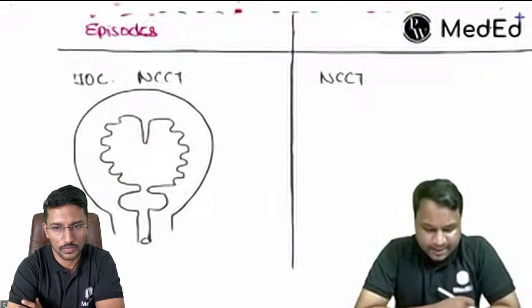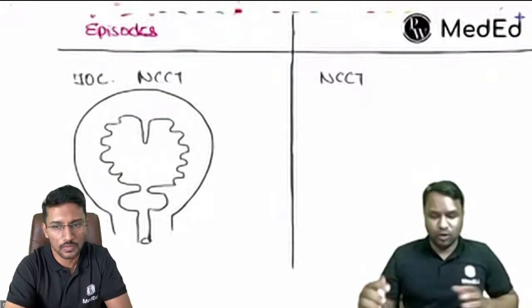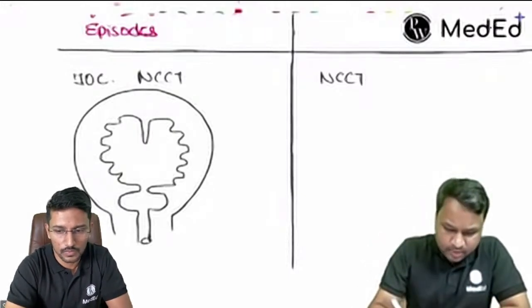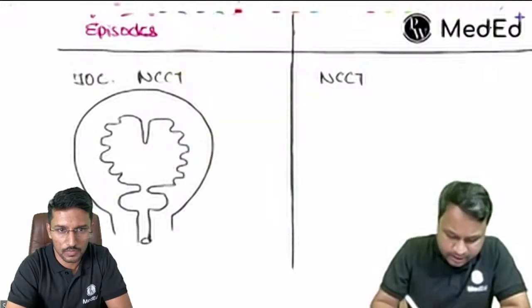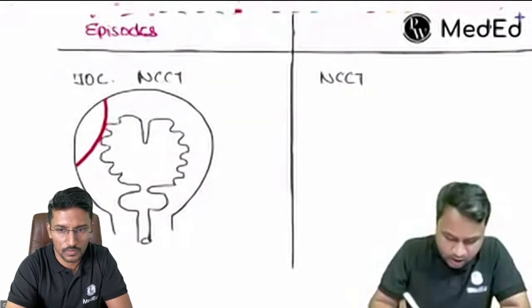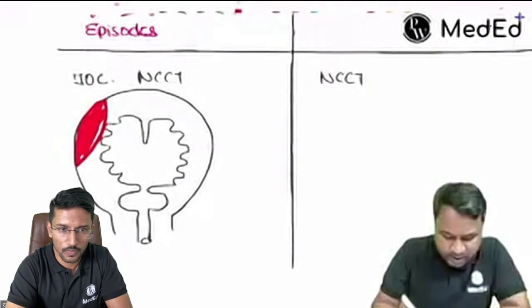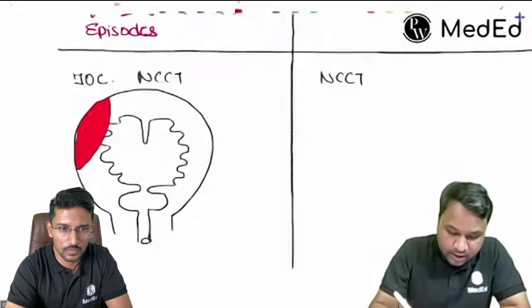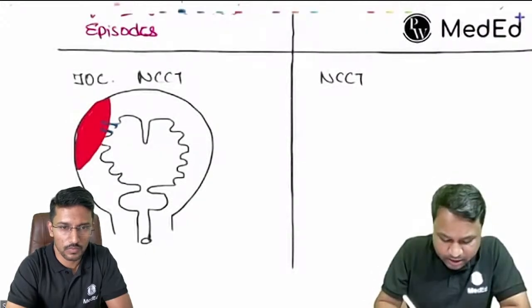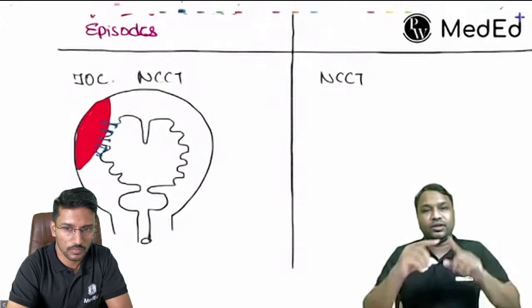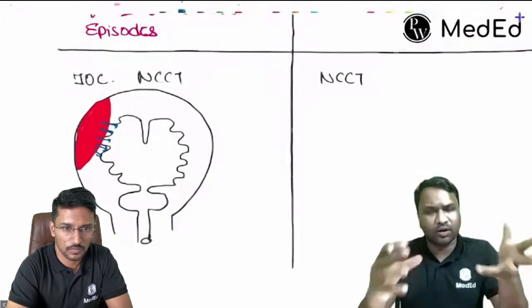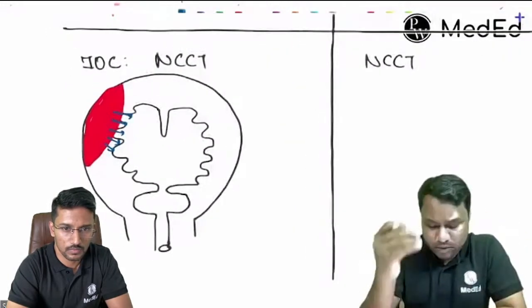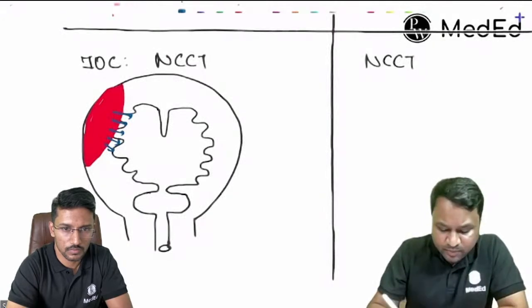Okay. Right. So we're talking about the NCCT of the brain. When you do it for your extradural hemorrhage, you will see the blood is going to get collected between the skull bone and the dura. Now, the skull bone is not going to budge because of the bleed. So the entire pressure that is present will be mounting and it will be exerting onto the brain parenchyma. And this is the shape of the opacity or the clot that you will see here. And this is given a fancy name, right? We call it the